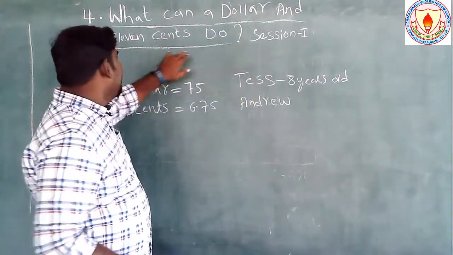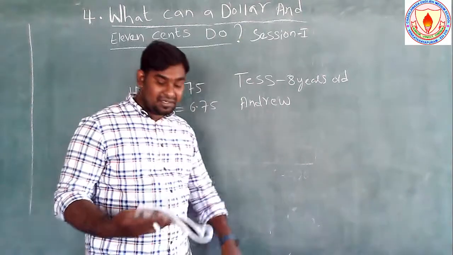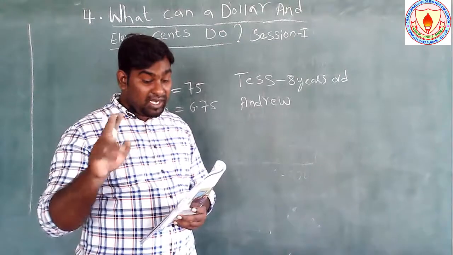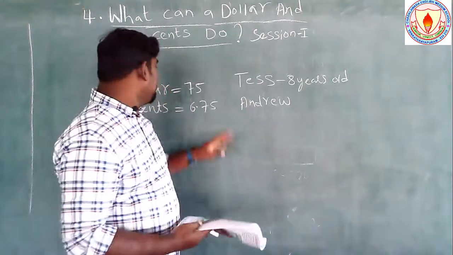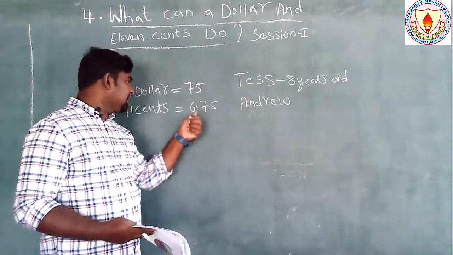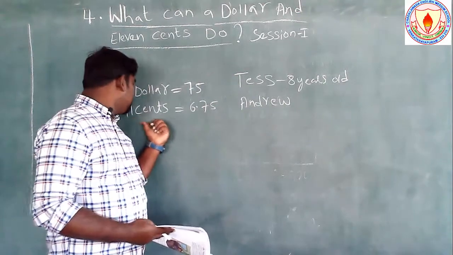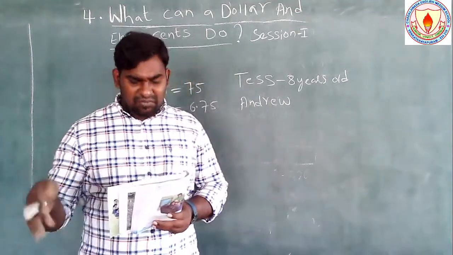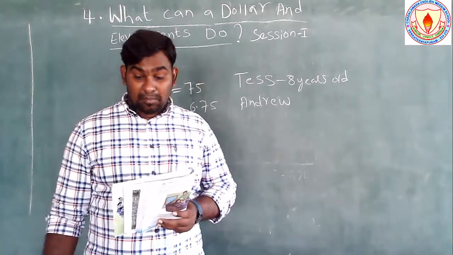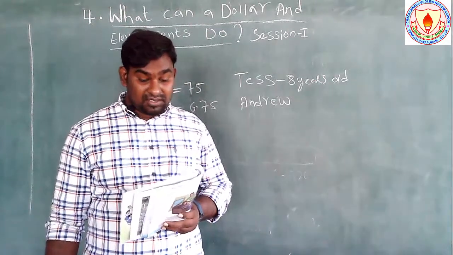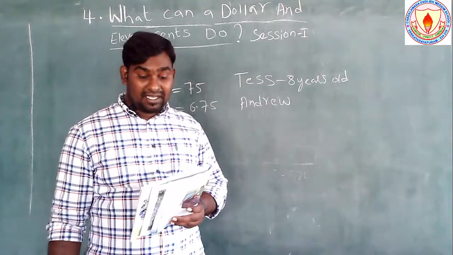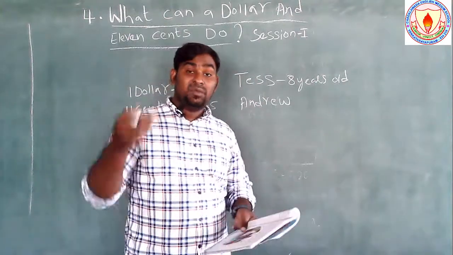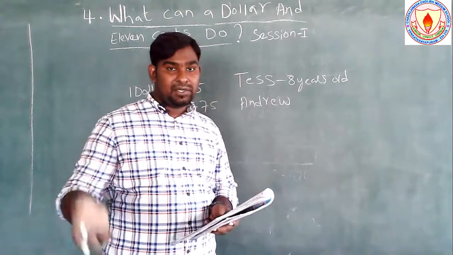What can $1.11 do? She told him that she had $1.11, and $1 equals 75 rupees, and 11 cents equals almost 6 rupees, right? She had very little money. But I can try to get some more, she answered, barely audible. She said, I have $1.11. If you want some more money, I will try to get it.